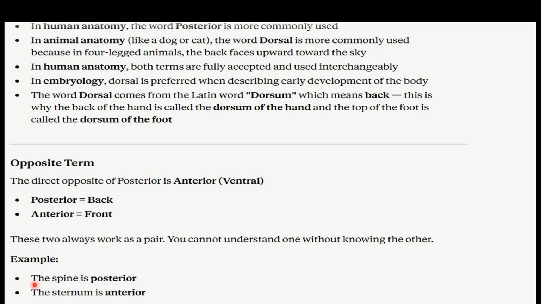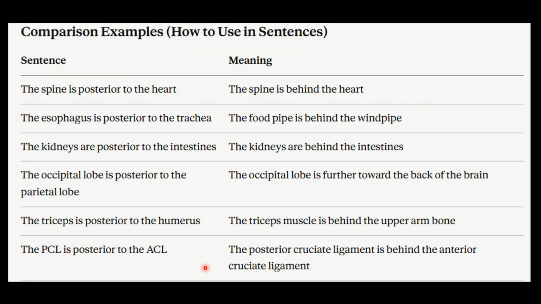And there are some examples like the spine is posterior, the sternum is anterior. Clear? Now I'll show you some of the examples where we have utilized this term. So it will give you the clarity like how it is denoting the same kind of information. So here if you look at the sentence, the spine is posterior to the heart, which means the spine is behind the heart, right? Similarly, the esophagus is posterior to the trachea, which means the food pipe is behind